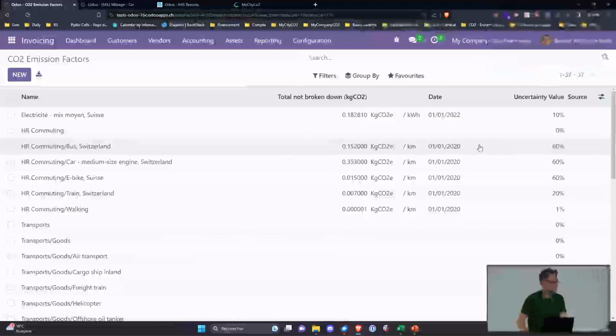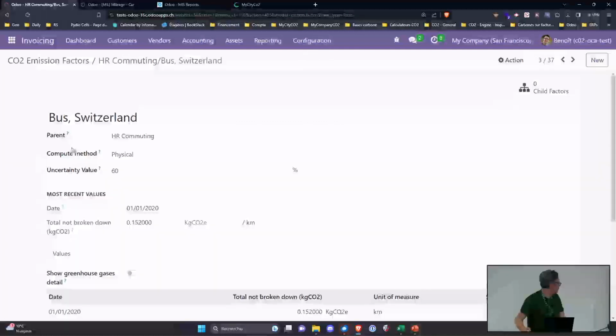So when you pick one of them, you can say if it's physical or monetary, because sometimes you need to estimate, you don't exactly know what the physical emission factor is.